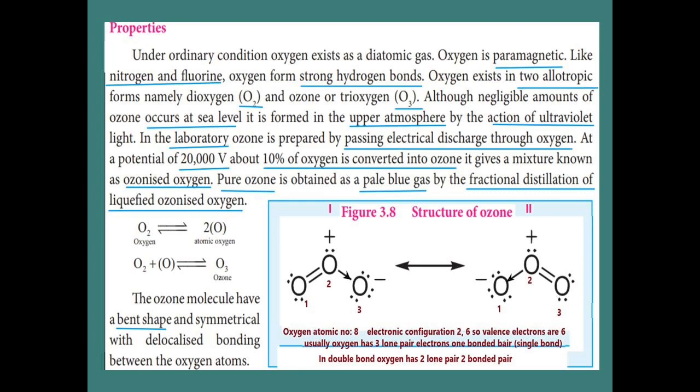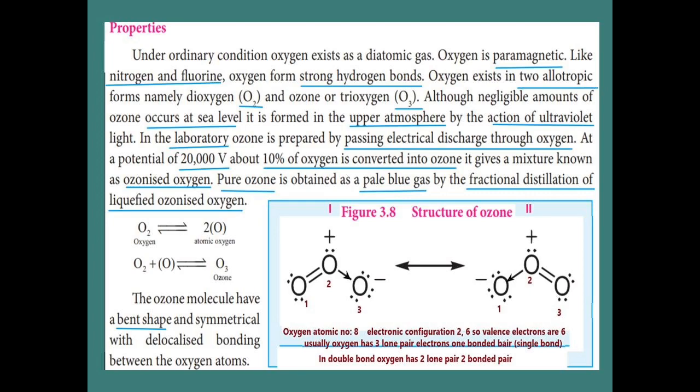The first oxygen contains 2 lone pairs and 2 bonded pairs, that is, 2 bonds are there. But the second oxygen has positive character. Why? It contains only 1 lone pair, and that 1 lone pair it donates to the third oxygen. Then the third oxygen gains the lone pair from the second oxygen, so it possesses negative character. Now we can change the direction to the first oxygen too, so the first oxygen gains the electron from the second oxygen and possesses negative character. In the same way, the second oxygen loses electron, so it possesses positive character.